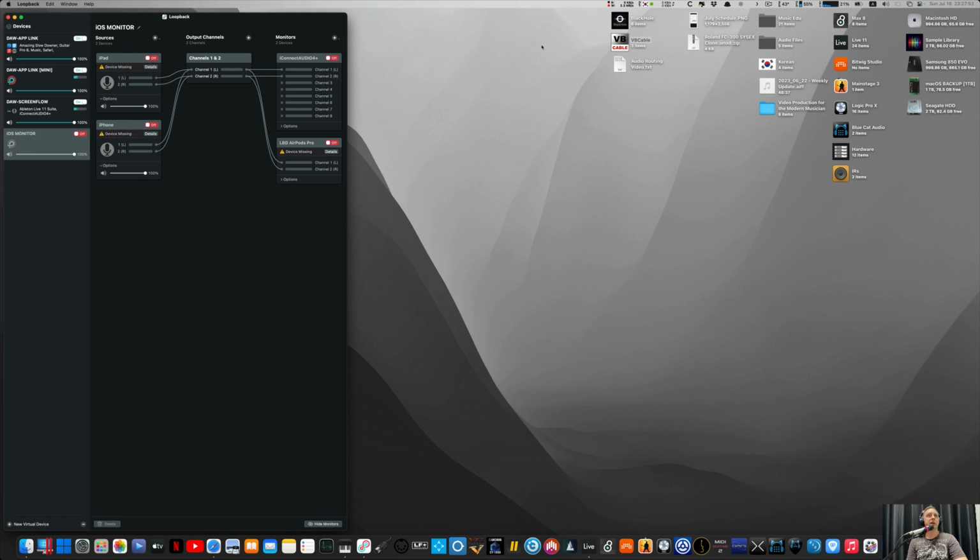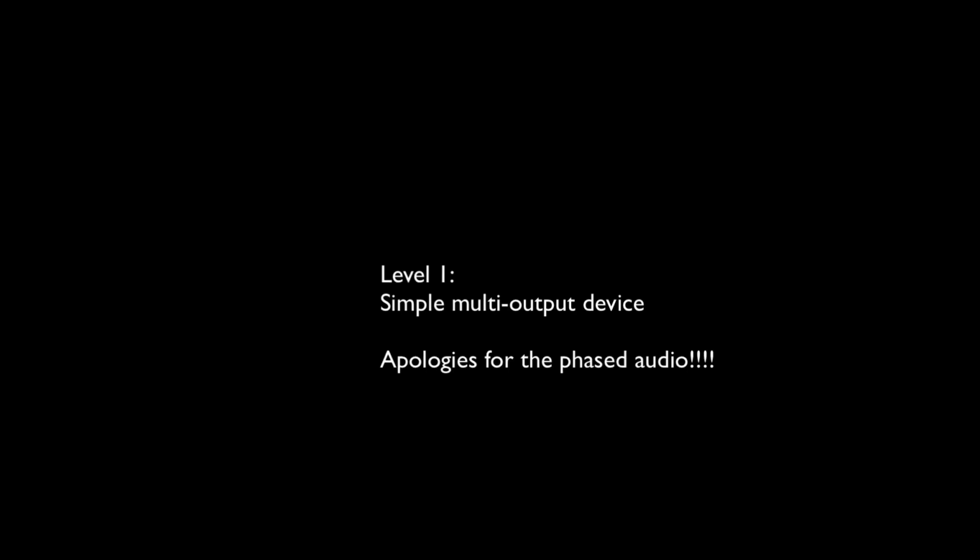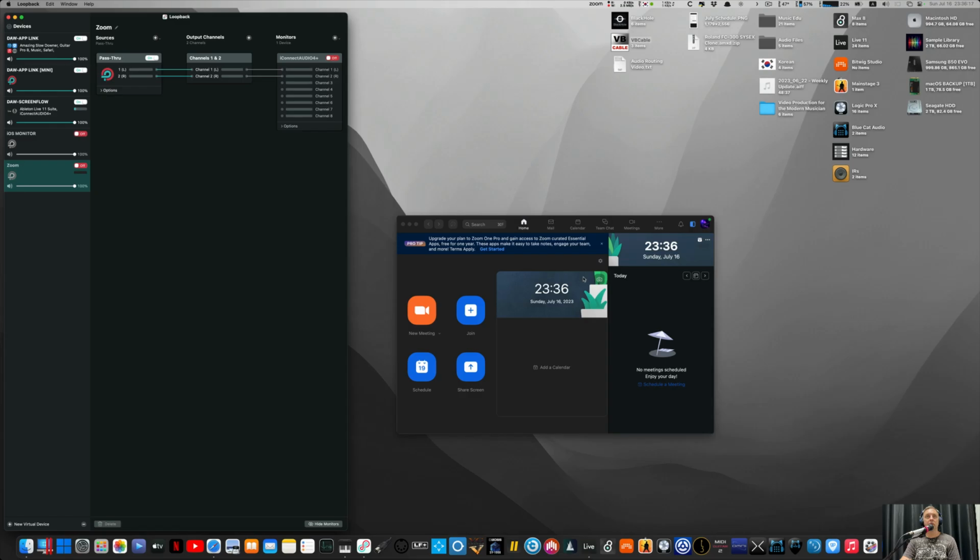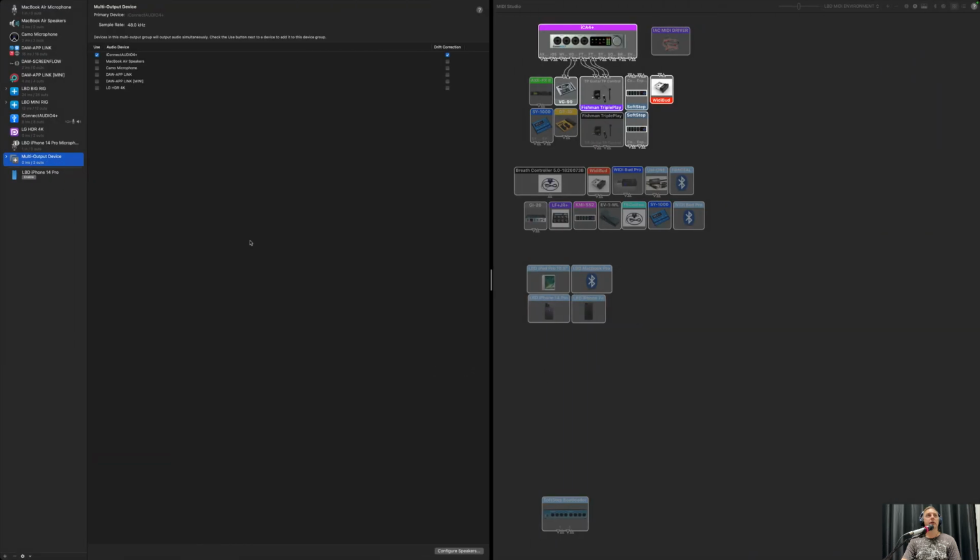So, as I was saying, we're going to look at some different levels of complexity with this. Okay, let's have a look at the first of 4 levels of complexity. So this first level is basically what I call simple multi-output device. Now, in